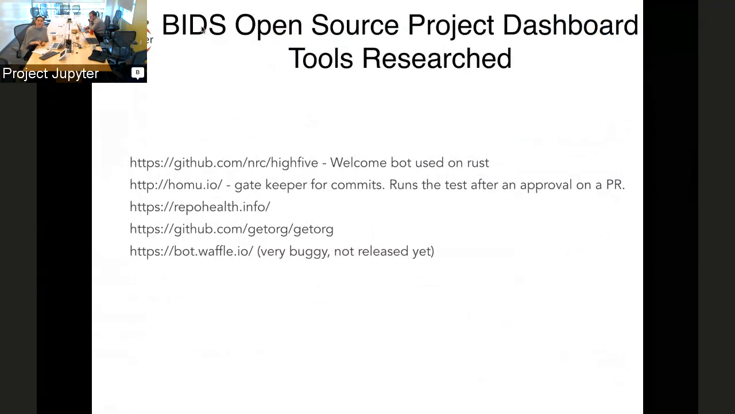These are some of the tools that the BIDS team was looking at. High Five, HOMU, Repo Health, Git.org, and Waffle.io. Some folks said that the initial Waffle was a little bit buggy, but the bot itself hasn't been released yet. So the Waffle bot will allow automatic binning of issues into the project board categories, which would